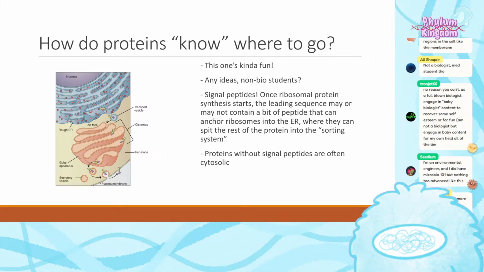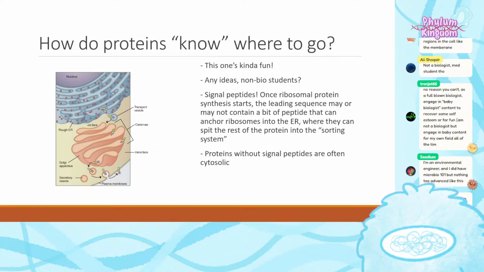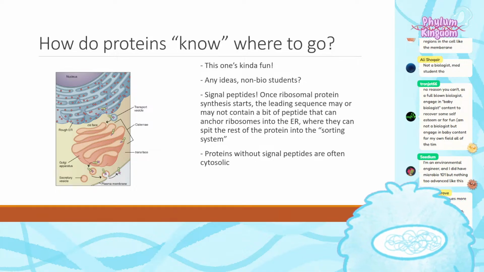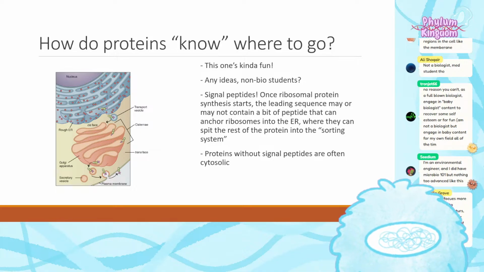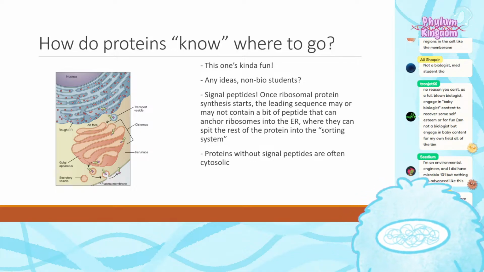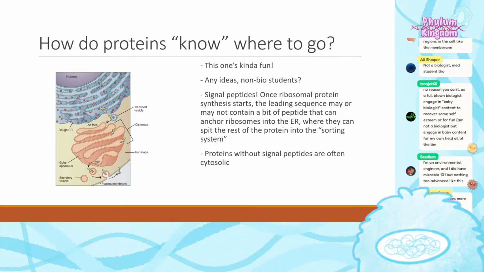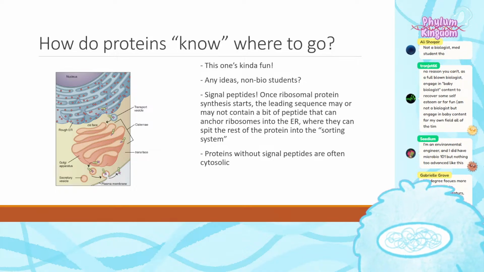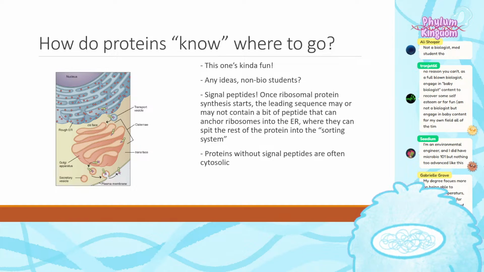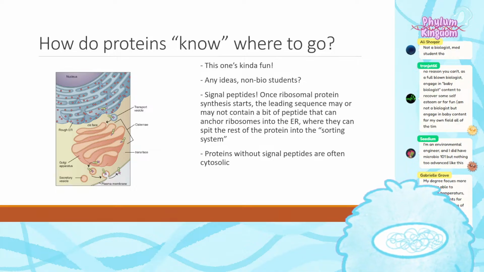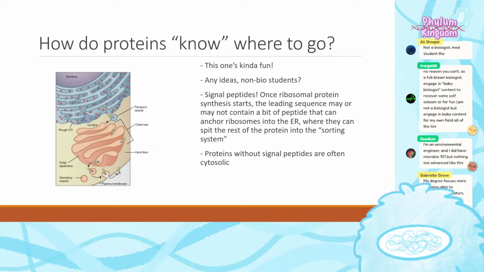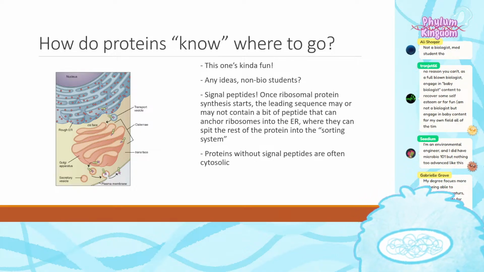And there are a couple of different peptides that can be encoded that will tell a protein where to go for the first step, right? So once the process for protein synthesis starts, if the protein is destined for the membrane or outside of the membrane, it'll come with a piece of a peptide that instructs the growing strand to help the ribosome anchor into the rough endoplasmic reticulum, where they can then be shunted off into the rest of the sorting system, right? So a couple of you had vague recollections that this is how it works, and I commend you for remembering that, because that's kind of a challenging thing to remember.